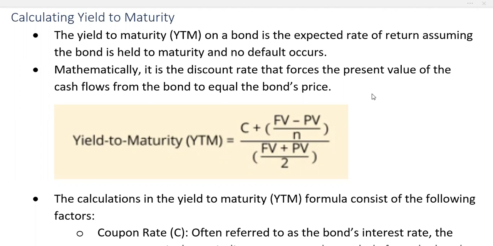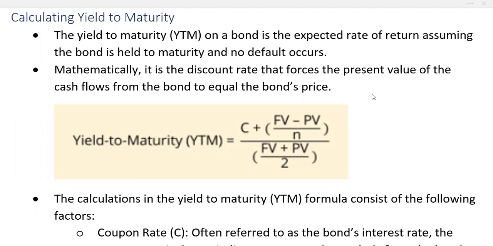In this video, we will show how you can calculate the yield to maturity. So the yield to maturity, or YTM, on a bond is the expected rate of return, assuming the bond is held to maturity and no default occurs. So mathematically, this is the discount rate that forces the present value of the cash flow of the bond to